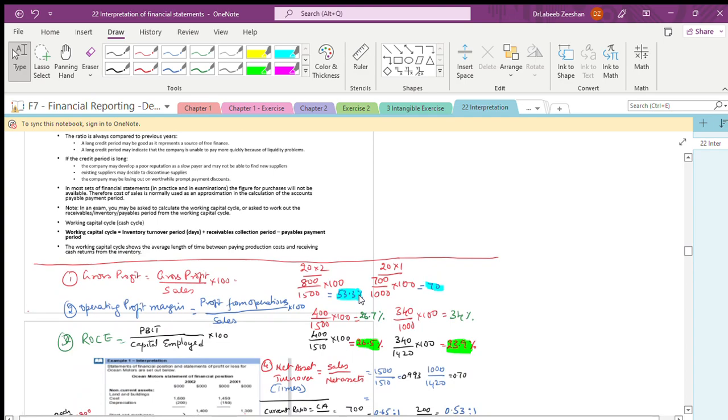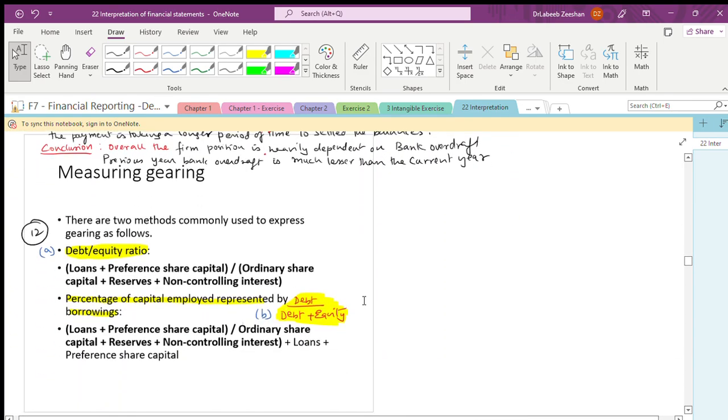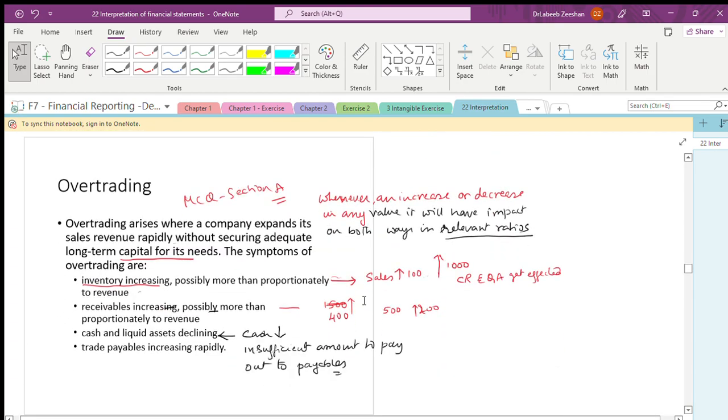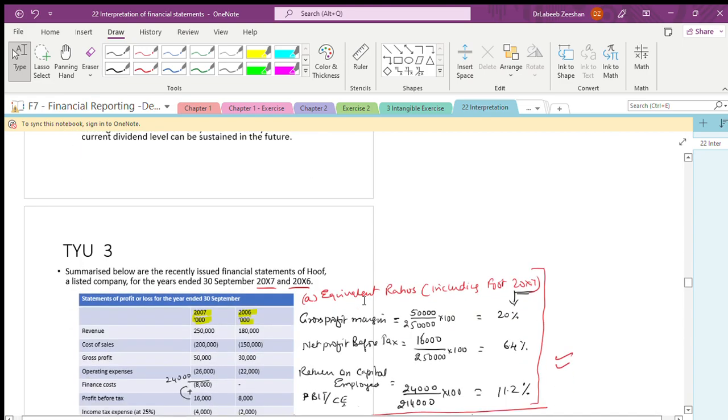Receivables, payables, percentage inventory, over trading, investor,